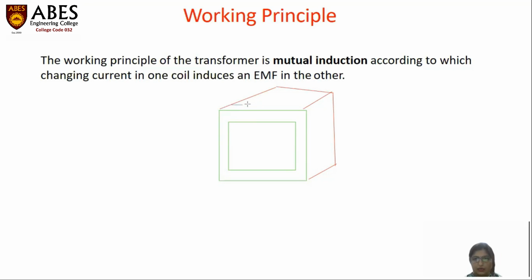These dark lines, blue lines, are showing laminated sheets. So like this, we always use a laminated core, right? And it also consists of